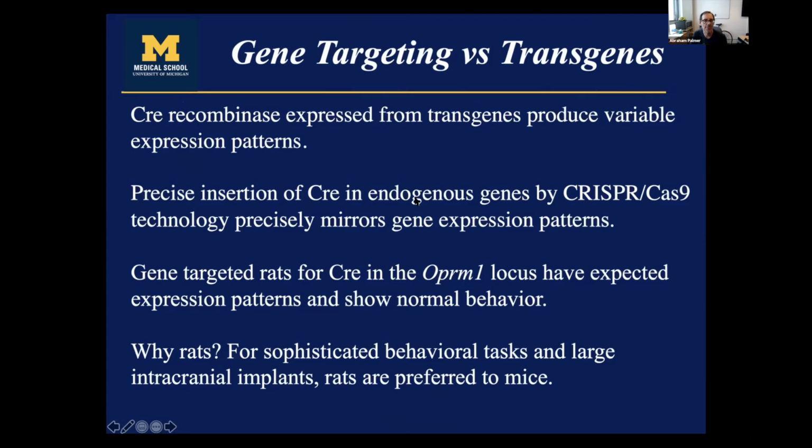How do you think about the breeding scheme that should be used? So Sprague Dawleys are outbred, and I understand that that's what Yavin probably wanted, was a Sprague Dawley. But how do you think about the appropriate breeding scheme to maintain a mutant allele like that on an outbred